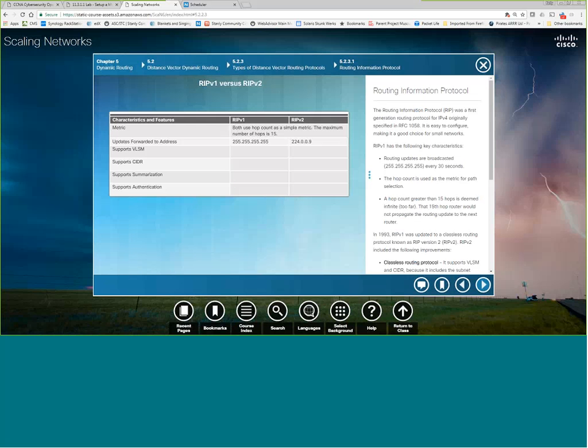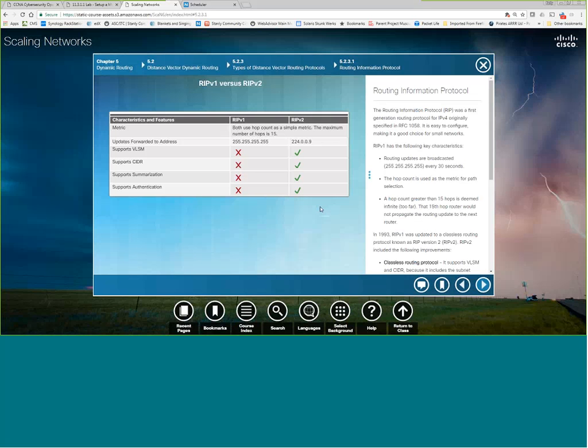So here we go. RIP-v1 does not support VLSM, does not support CIDR or classless interdomain routing, does not support summarization, does not support authentication. You really should never use RIP-v1, straight up, okay? It is a simple distance vector routing protocol that broadcasts to the all 255s when it needs to send out any of its information. RIP-v2 uses the multicast address